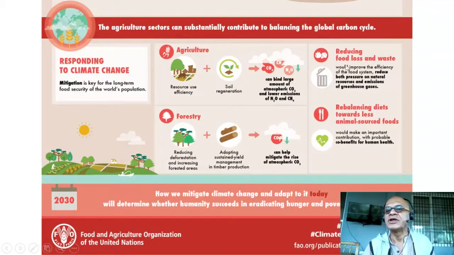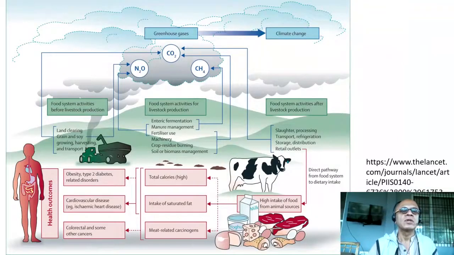Okay, so reducing food loss and waste also would improve the efficiency of the food system, reduce both pressure on natural resources and emissions of greenhouse gases, rebalancing diets towards less animal-sourced foods, of course. This would make an important contribution with probable co-benefits for human health. Okay, so